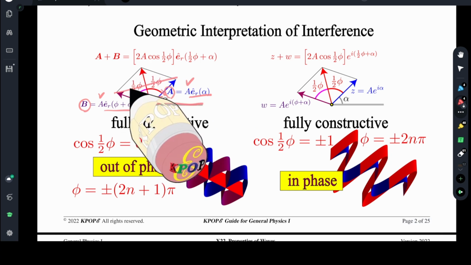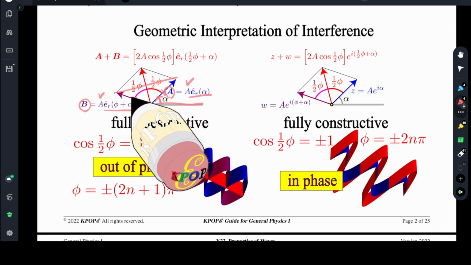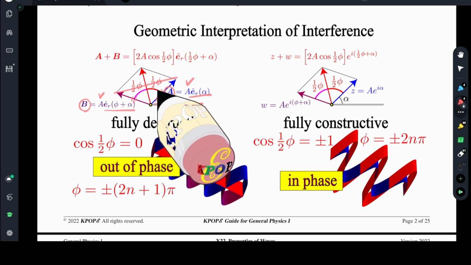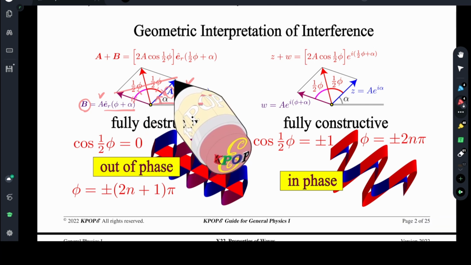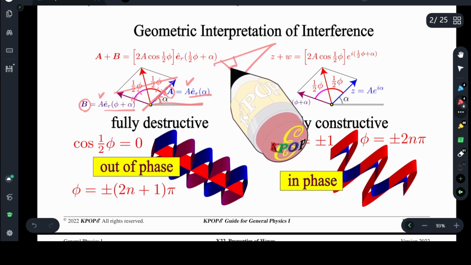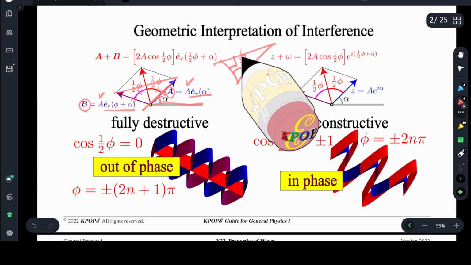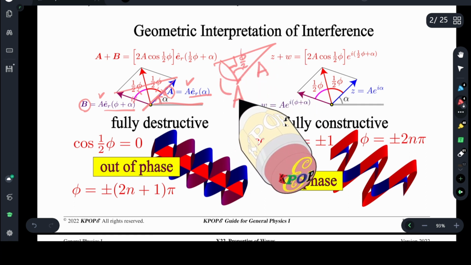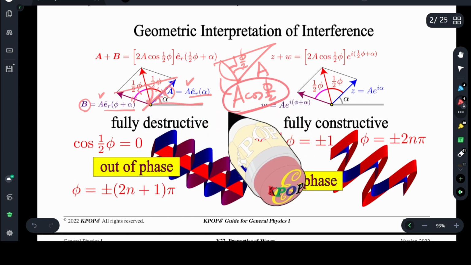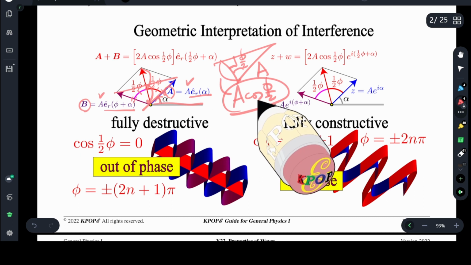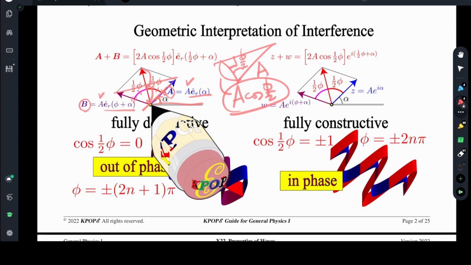This is two congruent isosceles triangles, and we have phi, and this angle becomes half, and this is A. Right angle, A, and this angle is 1/2 of phi. This length is A cosine half of phi. Because this is this, and we need twice of this, so the resultant amplitude is equivalent to the